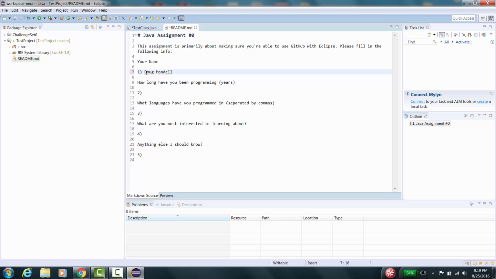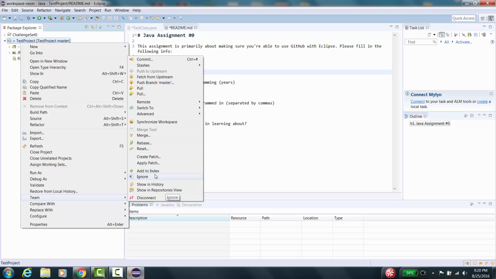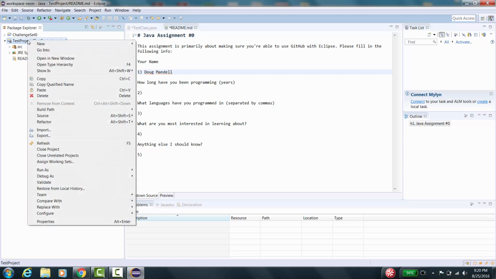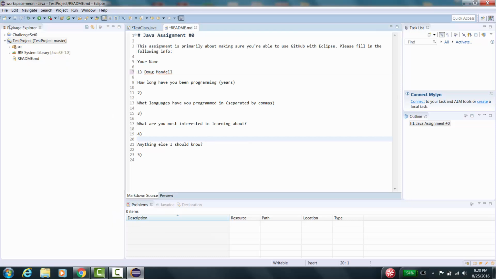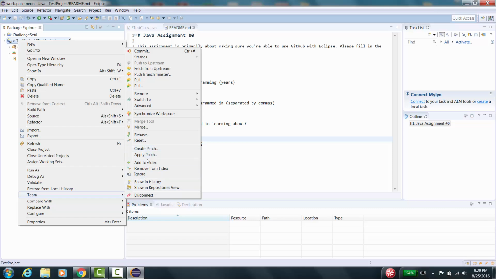Basically, what you do is once you are done, you right-click your project name, you go to Team, and then you go to Add to Index. Then, after you add to the index, you right-click the project name. Oh, wait, sorry, I forgot to save. You have to save before you add stuff to the index, or else it's not actually there. Add to index,